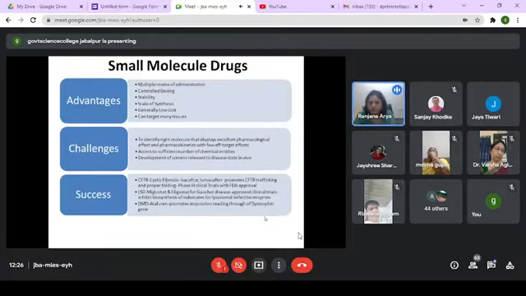You can easily make even generics out of it, and you can target many tissues simultaneously. The tissue delivery is not a big problem with these small molecule drugs. So they are most of the time favorites. If for any disease you can identify a target for which you can identify small molecule drugs, then half of the battle is won. Then the challenges which are associated with the discovery of these small molecule drugs is you